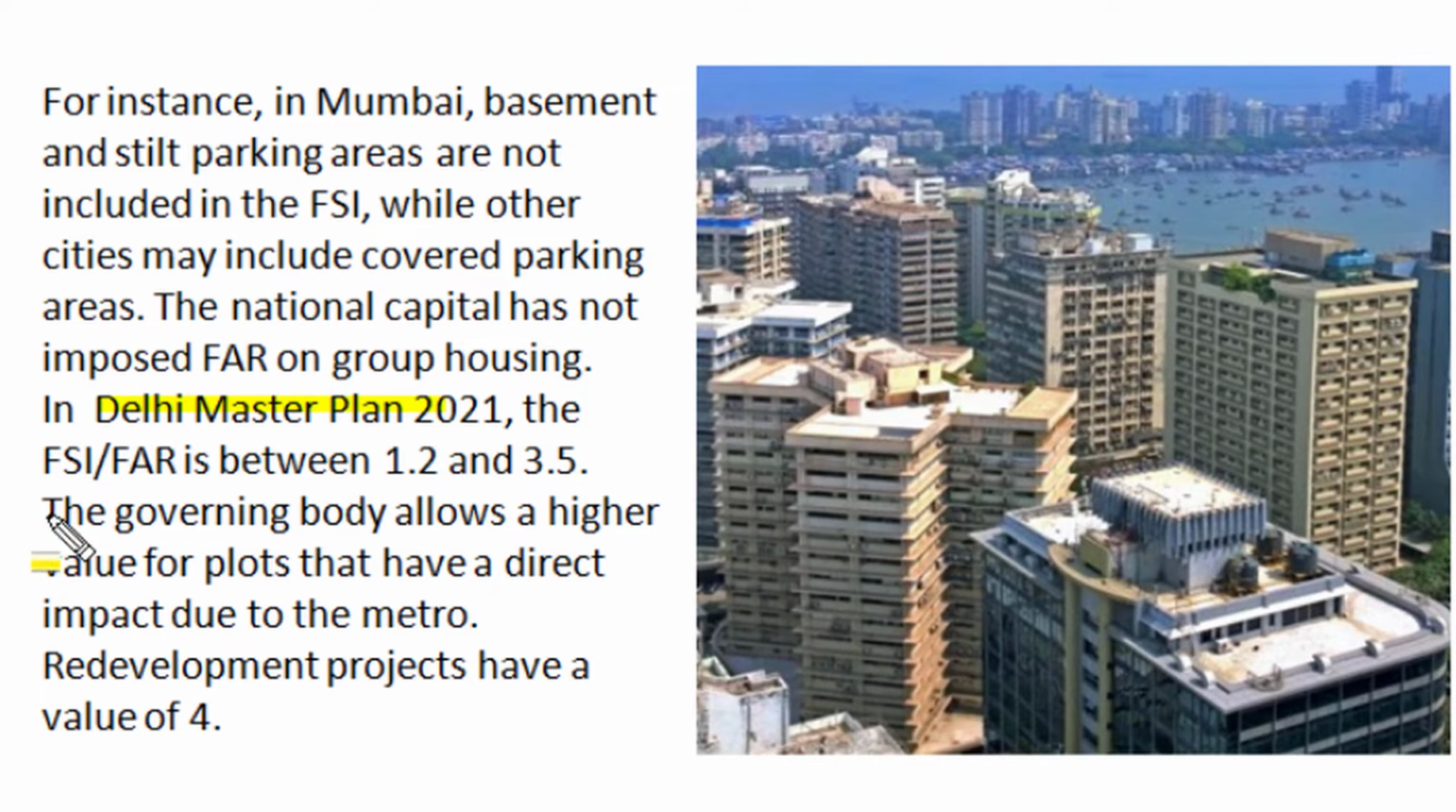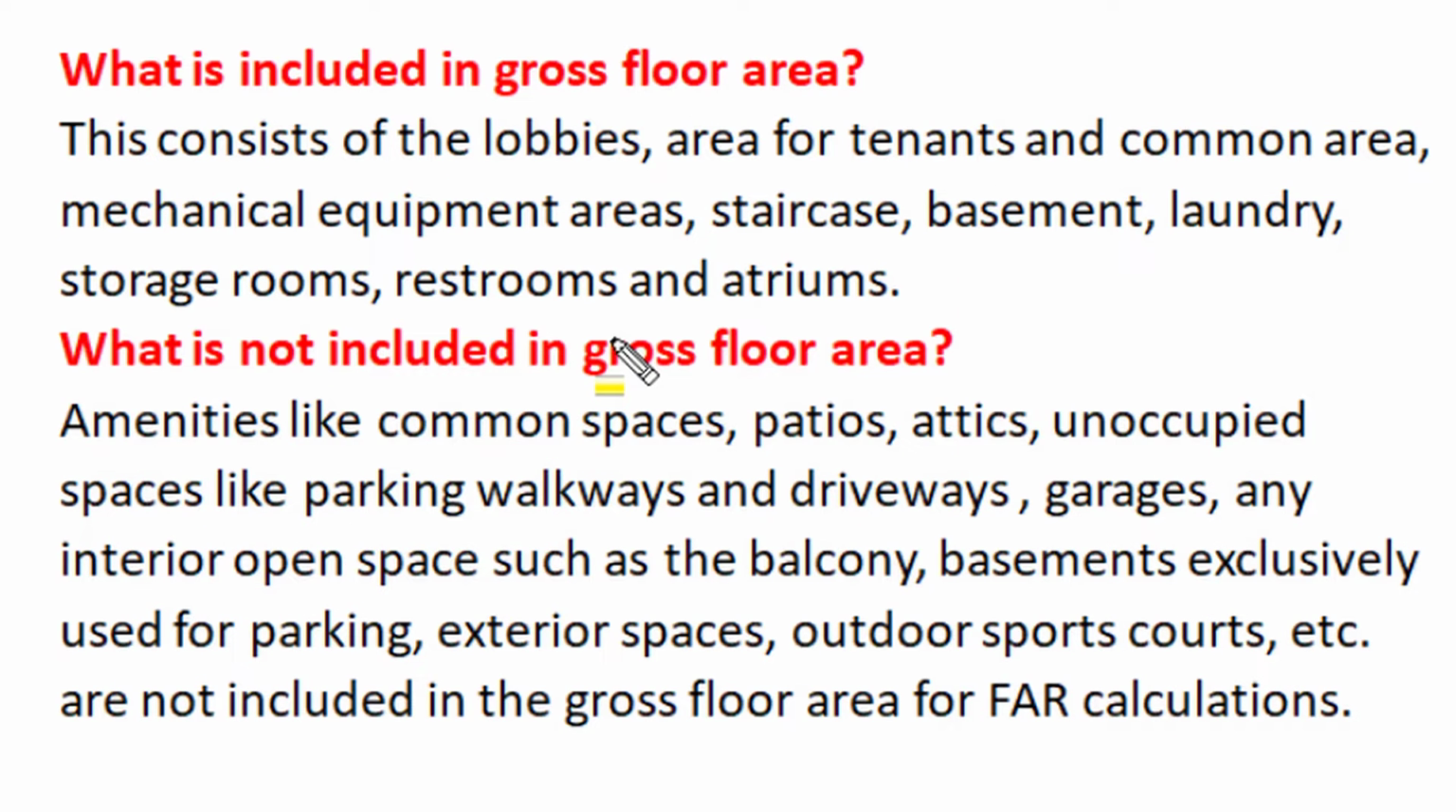the FAR or floor space index for different categories ranges from 1.2 to 3.5. In Delhi, a higher value of FAR is allowed for those plots that have a direct connection with a metro development project. They have a direct impact due to metro development, and several redevelopment projects got a FAR value of 4 in the NCR region. To calculate FAR on a given plot land area, we have to find out the gross constructed floor area, and